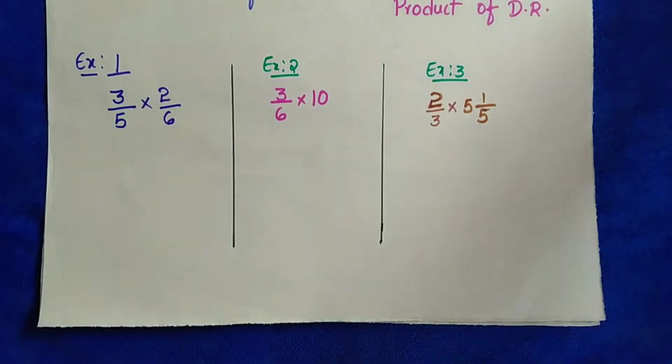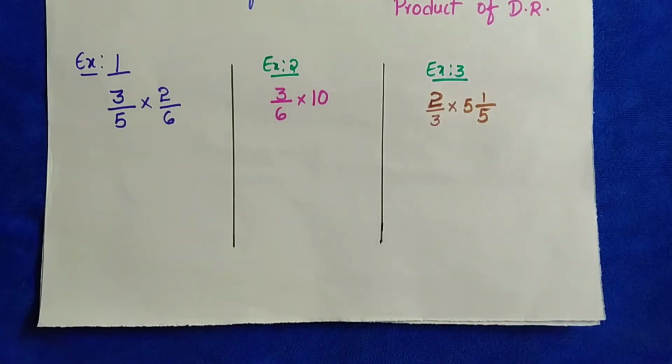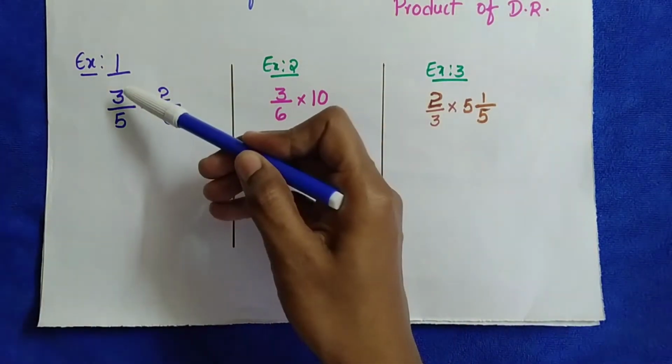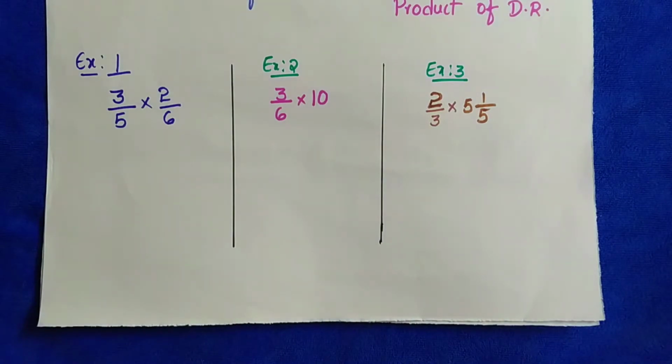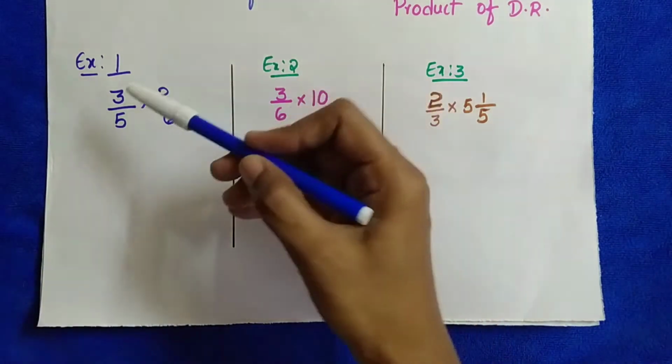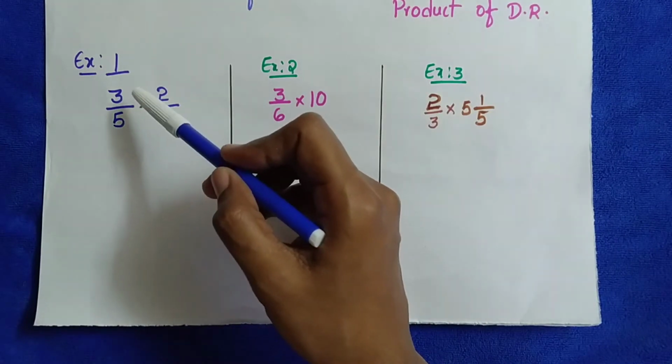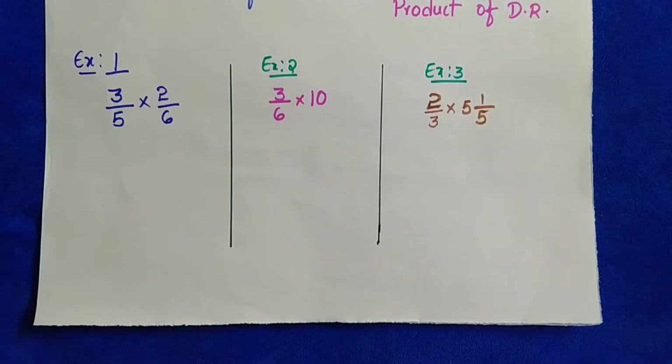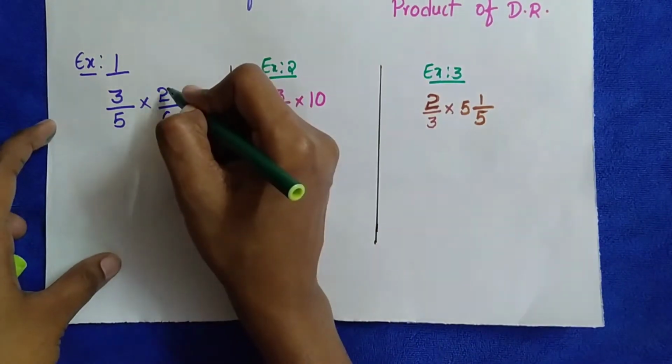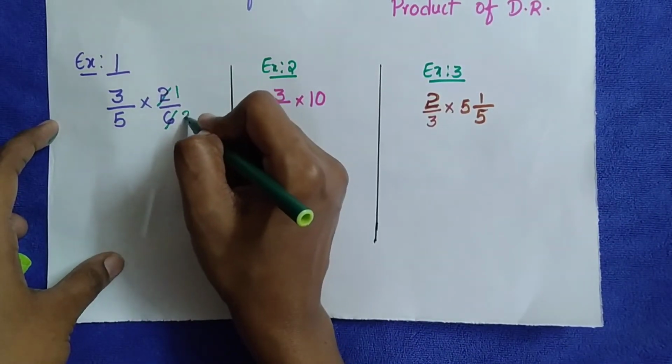Before multiplying the numerators and denominators, first you have to check the cancellation. Got it children? First we have to do cancellation. How are we going to cancel it? See children, in the numerator and denominator, is there any common table? If the numerator and denominator have any common factor in 3 table and 5 table, no. So leave it. But in 2 by 6, is there any common factor? 2 and 6? Yes, 2 only, right? 2 ones are 2, 2 threes are 6.